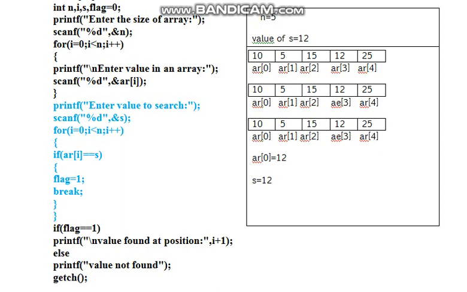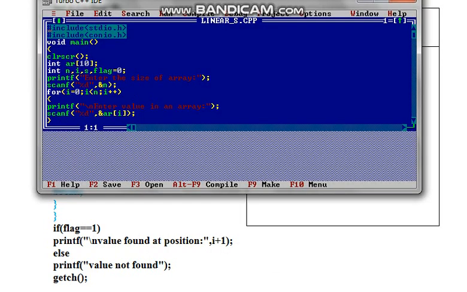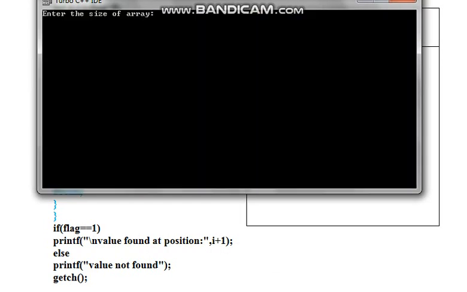Let's understand this. This message will come on your screen, enter value to search. So this is an array in which there are 5 values: 10, 5, 15, 12, 25, and the value of s. If I run this program, what message comes on your screen? Enter the size of the array first. If I am keeping the size here as 5,